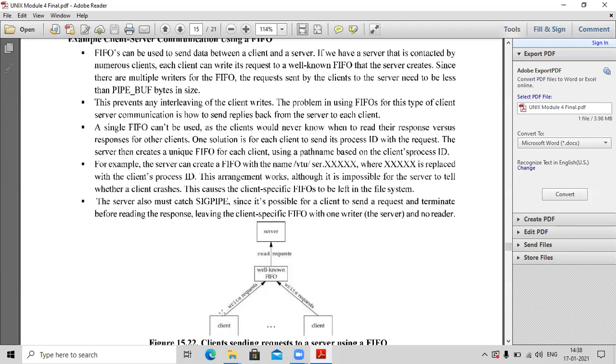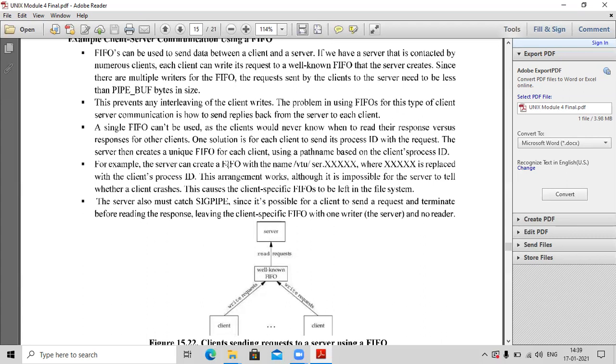So whenever a client is writing a request to a FIFO file, along with the request it will send its process ID. So when the server is sending a response, it will send the response to the client with a newly created FIFO corresponding to that process ID. It will create a path name for that particular client, then it will send the response to that particular client.